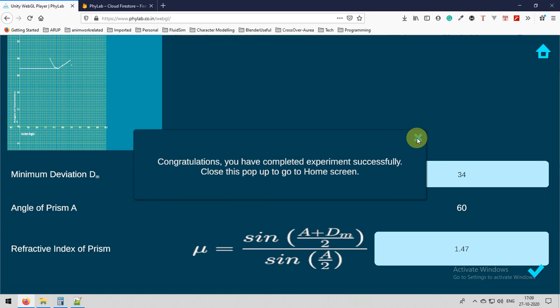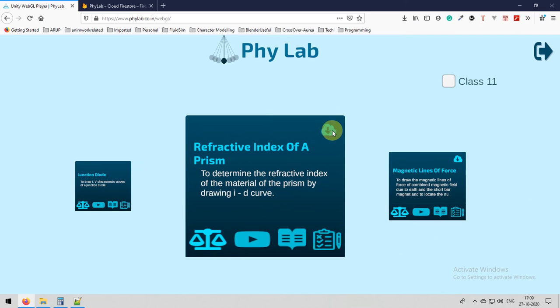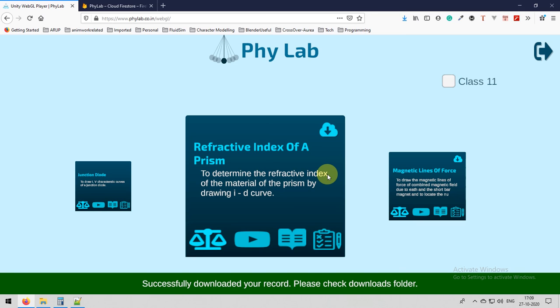Close this dialog box and you will again be prompted with the home page. Here you can see the download button. Click on the download button of the refractive index of prism card. It will prepare a PDF report for you with all your results, and then download it. You can use this PDF report to show your teacher that you did this experiment successfully and all your data is valid.